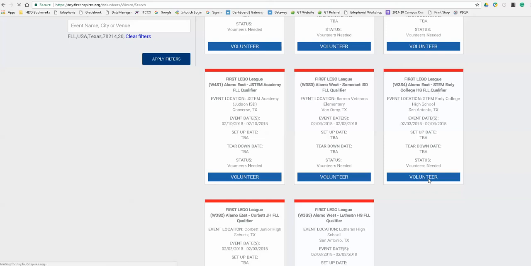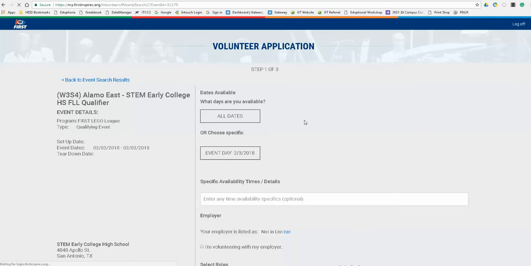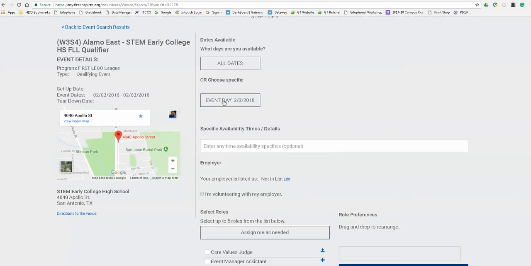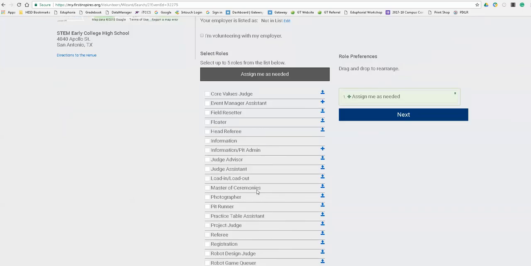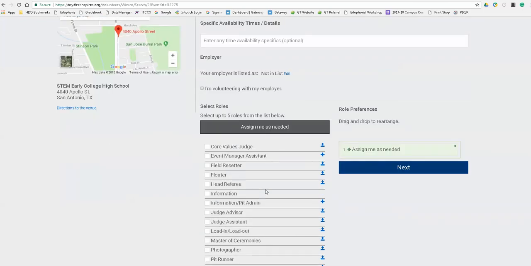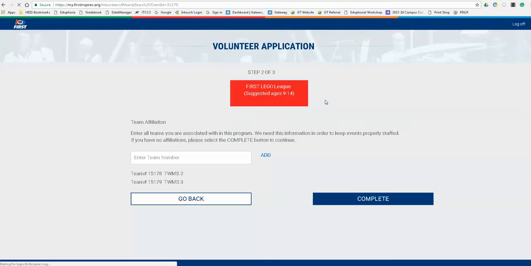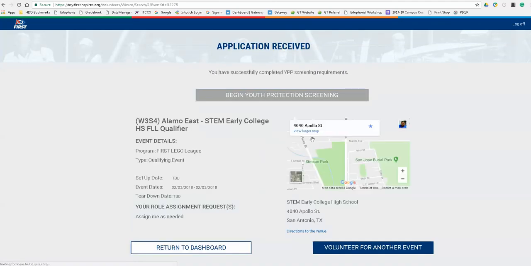So I'll click on volunteer, and then once this page opens up, the idea is you're going to choose the day of the event, and you can select assign me as needed, or you might have a specific role that you can select. Then you'll click next, and it will automatically sign you up as the volunteer. If you have a team that you're representing, you can enter the team name, and if you don't, then that's fine. You just click on complete, and it automatically populates that you have begun